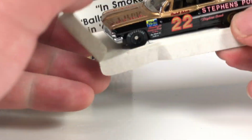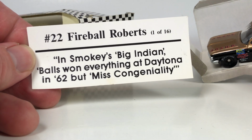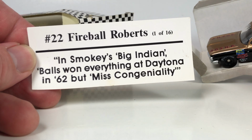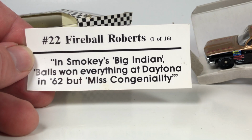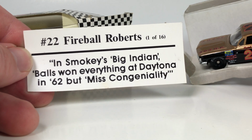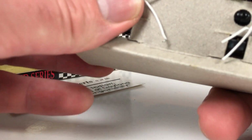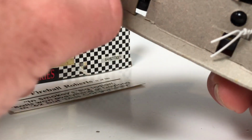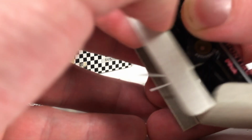they're kind of cool. So, Fireball Roberts and Smokey's Big Indian Balls won. What? Big Indian Balls? And Smokey's Big Indian Balls won everything at Daytona. Oh, balls. Fireballs? Balls? They called them balls. In 62, but Miss Congeniality. I don't know enough about old stock car racing or whatever to know what that is referring to. All I can tell you is with old stock cars and stuff like that is I just like the advertising. I just think they had some cool kind of style to the way the artwork was done